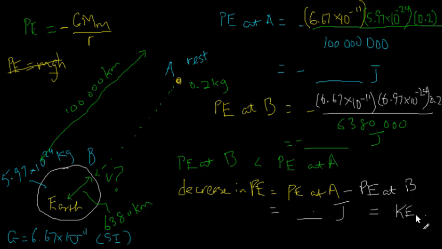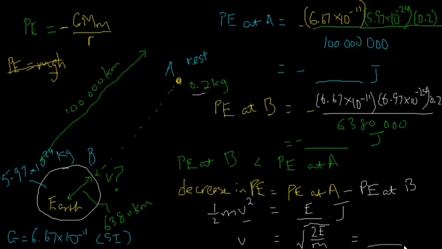So we have a number here that we can calculate from the above answers, and we know that the kinetic energy is half mv squared. Because we know the mass of the ball, we can finally calculate the velocity. If I call this answer E, then I can rearrange this to find v by moving the 2 over to the other side, multiplying by the E, dividing by the m, and then taking the square root. Whatever answer I have found here, I just substitute into here. The mass would be 0.2, and with our calculator we can finally get the velocity in meters